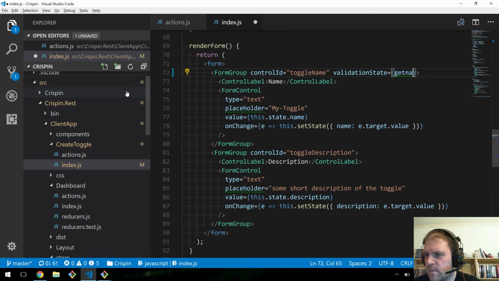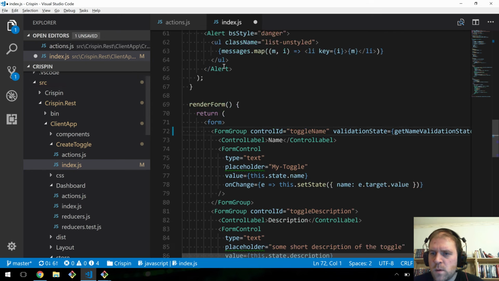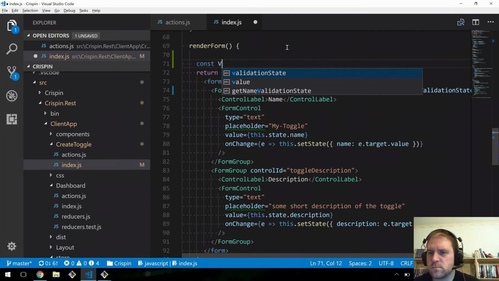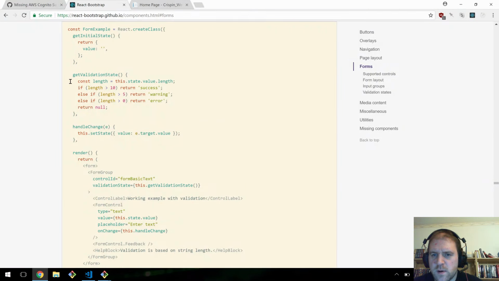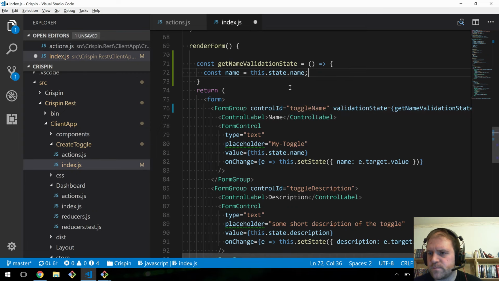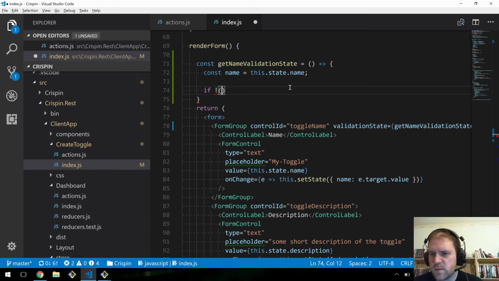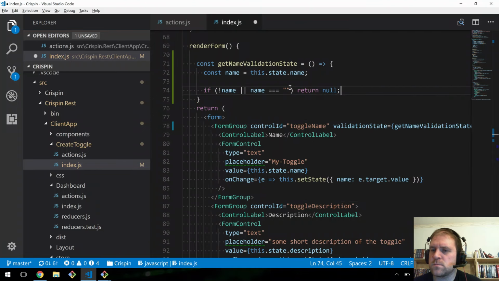So getNameValidation. And I guess that means another function up here. Or I could just put it here. And what do we do here? Grab the... Okay. So const name equals this.state.name. If not name or name empty, return null. Otherwise,